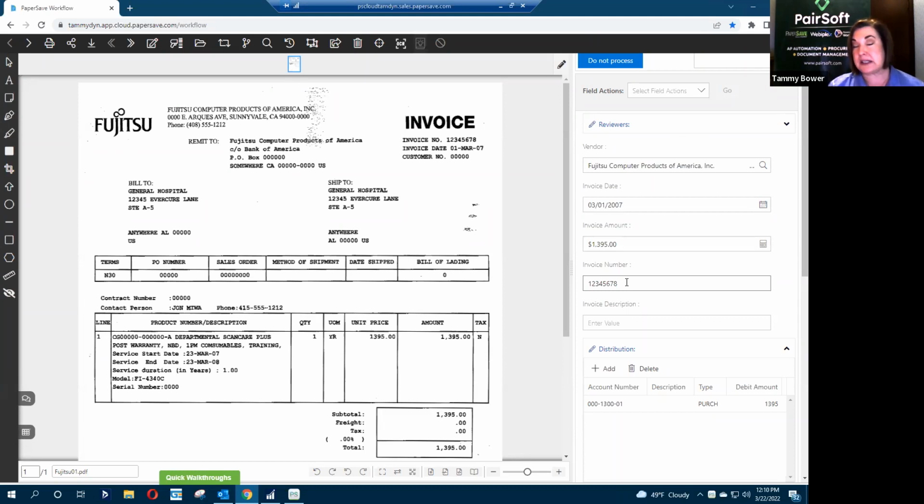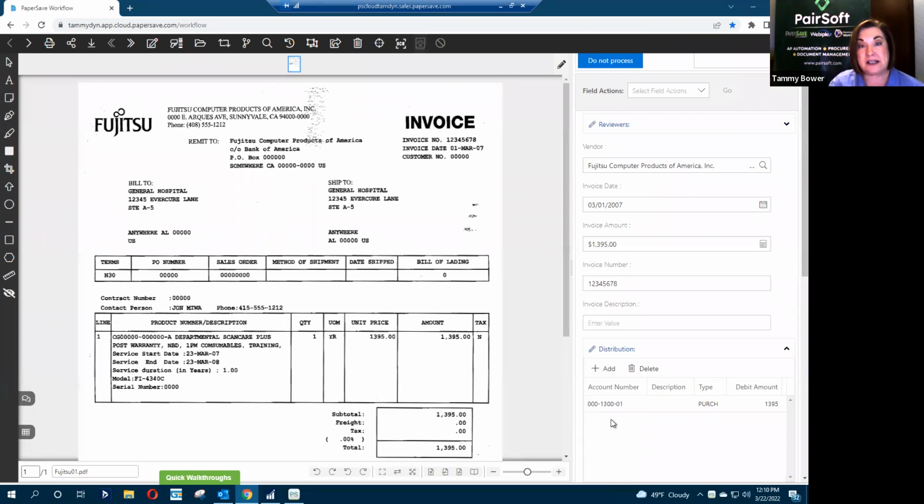Now, today's focus is on non-PO related invoices, but for those of you who utilize GP's PO purchasing process with the PO, the enter match, or the shipment invoice receiving transactions, PaperSafe can also handle those and do a 2- and 3-way match. We're not going to cover that today, but just know that we can do that, and you can speak to your account manager about that. But one of the things I do want to draw your attention to is down here in this distribution.